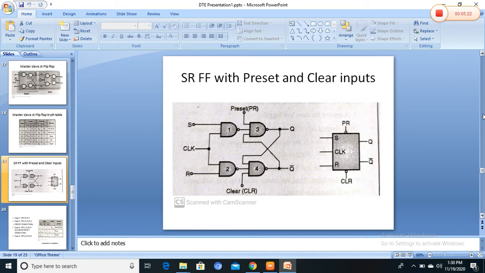It is not predictable, but uncertainty cannot be tolerated in certain applications. In some applications, initially we want the set condition, not a reset condition. Initially, we have to study the truth table. First is a no change, next is a reset, next is a set, then the next is a no change condition. That is, sequentially we get the outputs. But in some applications uncertainty cannot be tolerated.